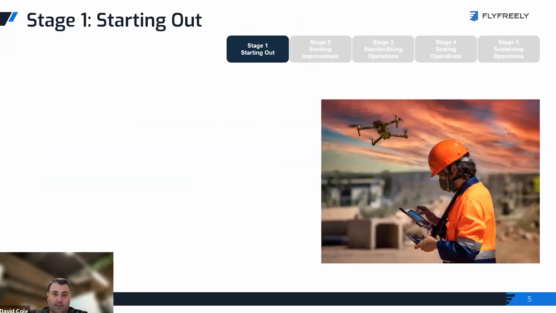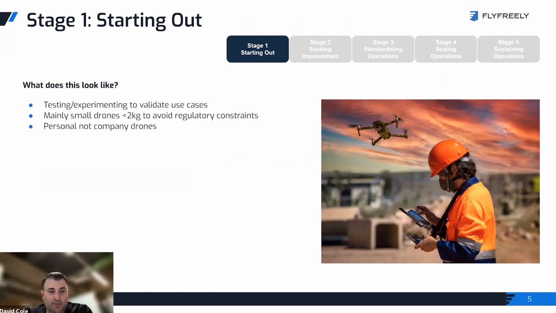So digging into these in a bit more detail, we'll go into stage one. What does it look like? Typically you're just trying to prove that drones can actually deliver some value for some use case in the business. Typically you'd be using something small, to avoid any of those regulatory constraints which kick in with larger drones. It's frequently just your personal drone.